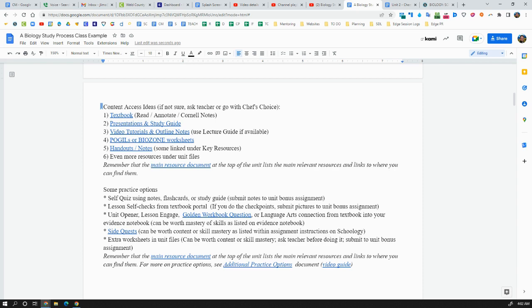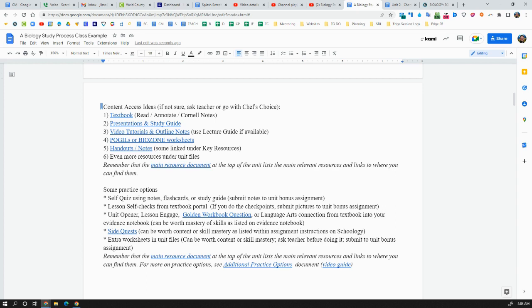You could just read it, or read it and annotate, or read it and take Cornell notes, or do all of the above. But the basics is actually having the textbook read so that you can access the content. Now, that's just not going to work for everybody. Some people will need to annotate, will take notes, and sometimes even have to self quiz in order to really understand